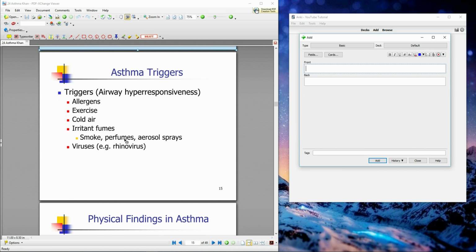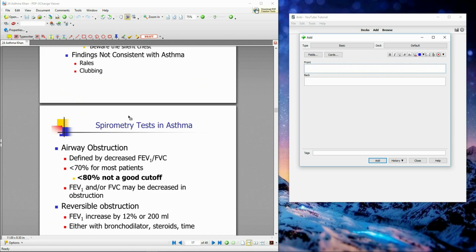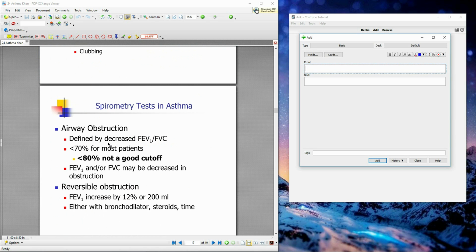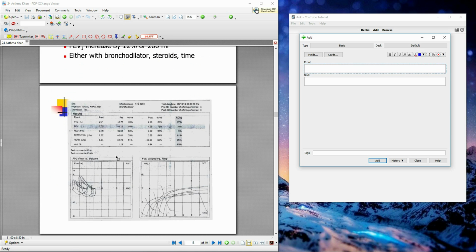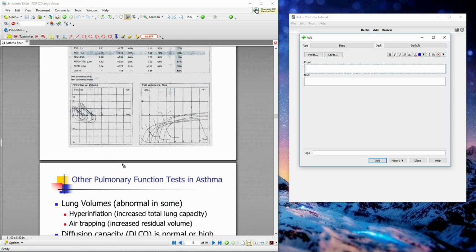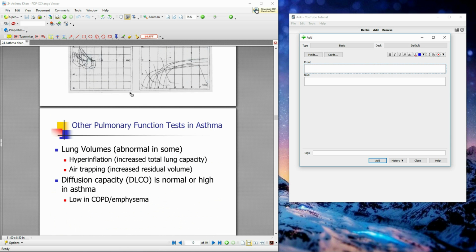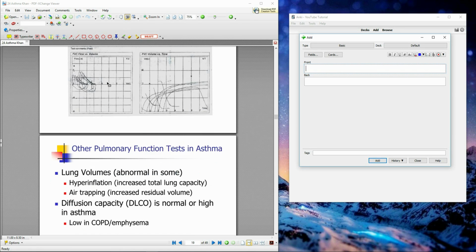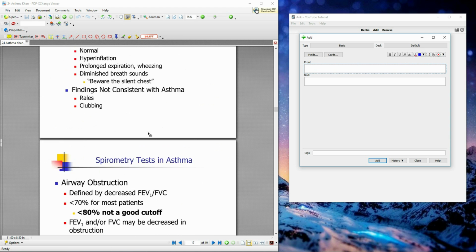It looks like these next couple are the triggers for asthma. You can phrase your questions in the question section as a question. So, what are the triggers for asthma? And then that's a slide. Here's some physical findings. It talks about spirometry and gives you this detailed example, looks like a PFT, whether you can see it or not. So you can question whether you want to add that to your slides or not. So we're just going to say